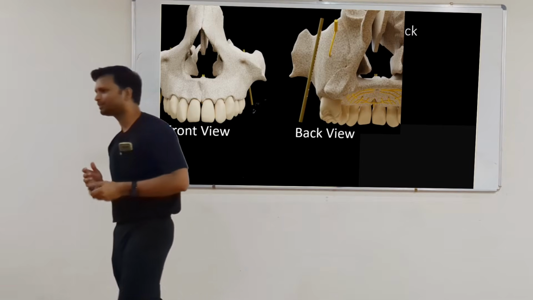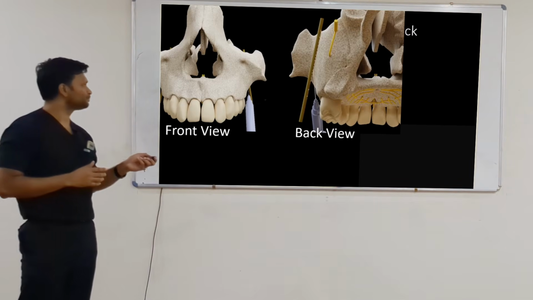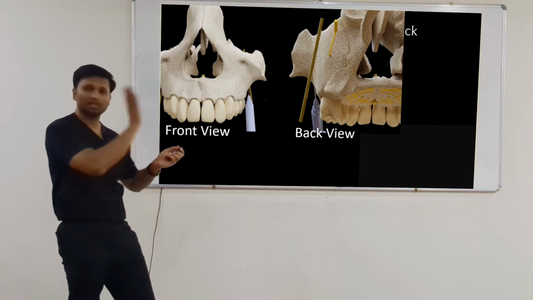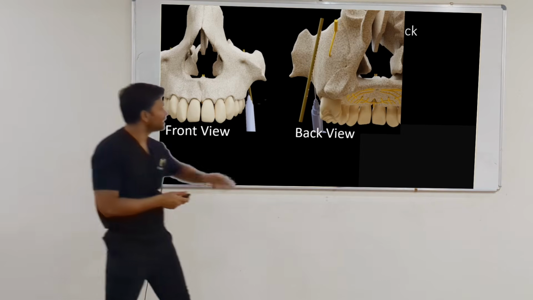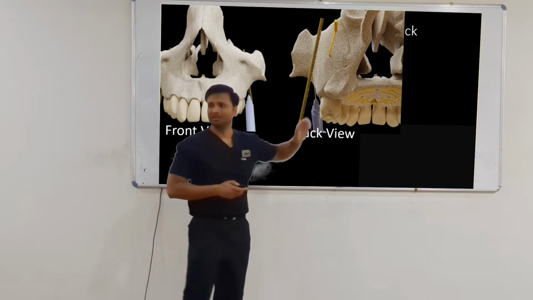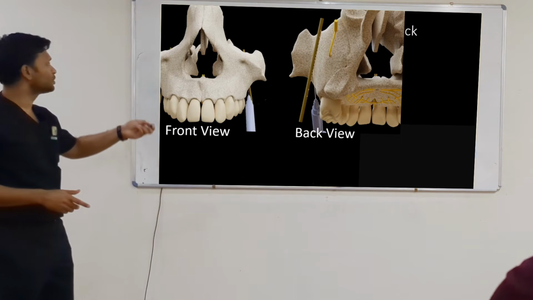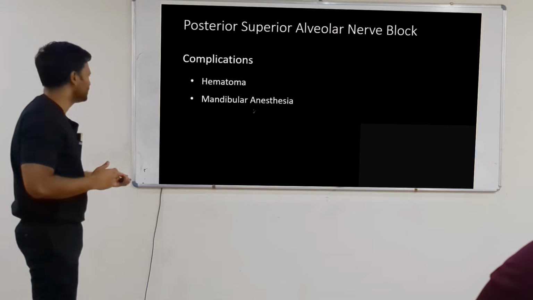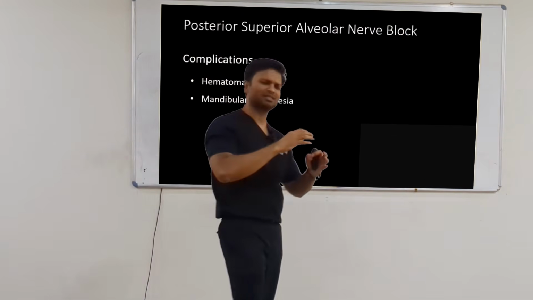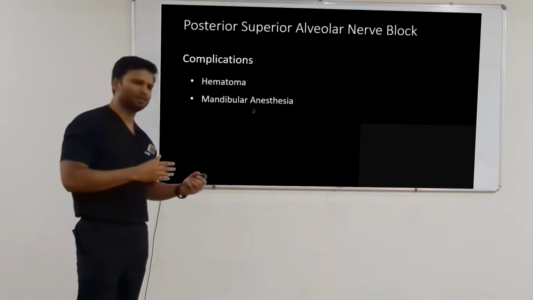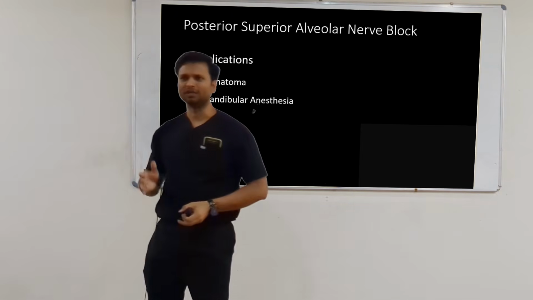We've already talked about this. When we keep the needle not in proper position, inward नहीं रखा, ऐसा नहीं बोल रहे कि बहुत ज़्यादा outward needle की direction. No, we just kept the needle position slightly lateral to the site of the injection. Okay, slightly lateral. So in that condition, the needle is closer to the mandibular nerve, and what you're going to see is lower lip anesthesia. Okay, उसमें भी बस यही बोलना है patient को that this is not that uncommon. This happens in many patients, and this is a self-limiting condition. Within 2 to 3 hours, it will go away. So you don't have to worry about it. Okay? So this was the complication of PSA.